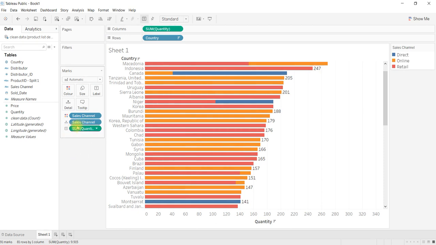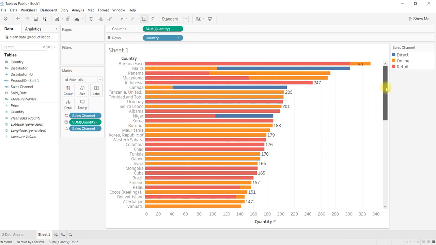If I take out the sales channel, or if I take out quantity, it will not be shown here. The moment you take quantity into label, it will show the quantity. Like this, it will modify each and everything based on the requirement.